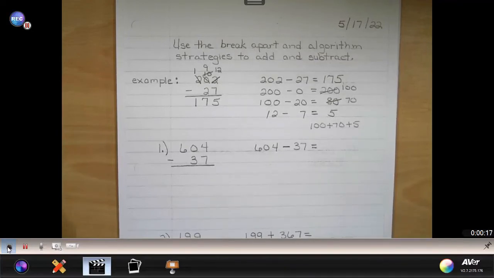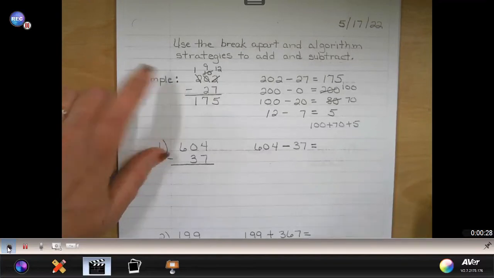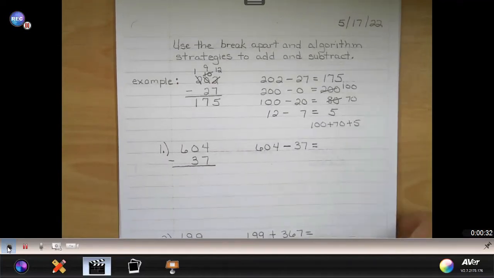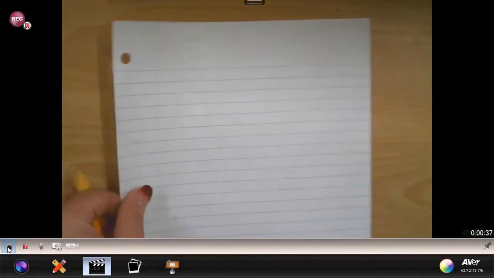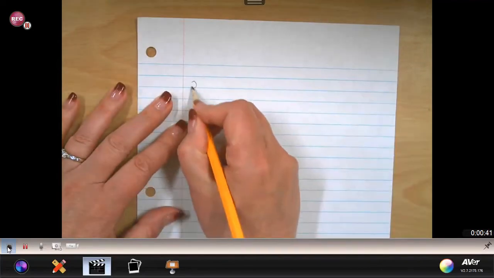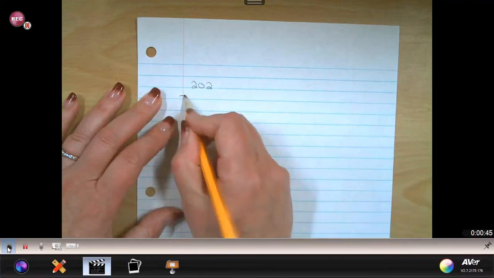This is the paper that you have in front of you. You'll notice that I did a sample problem up here at the top, but I'm going to go ahead and work on that with you on a separate sheet of paper. So I'm going to have you take a look at this real quick, and then I'm going to put a separate sheet of paper down here, and I'm going to take the first problem, the sample problem, which is 202 minus